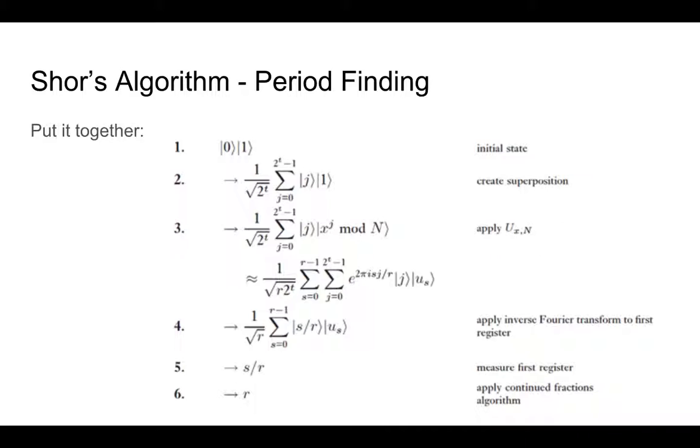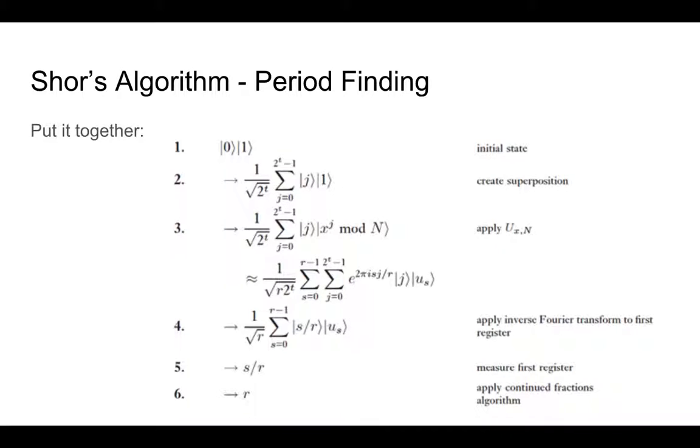So to put it all together, we have 2 registers. The second register should have enough bits to hold n, and the first register has t qubits, which gives enough precision to estimate the phase. We can pick t equal to 2m qubits, where m is the log n upper bound. We use t